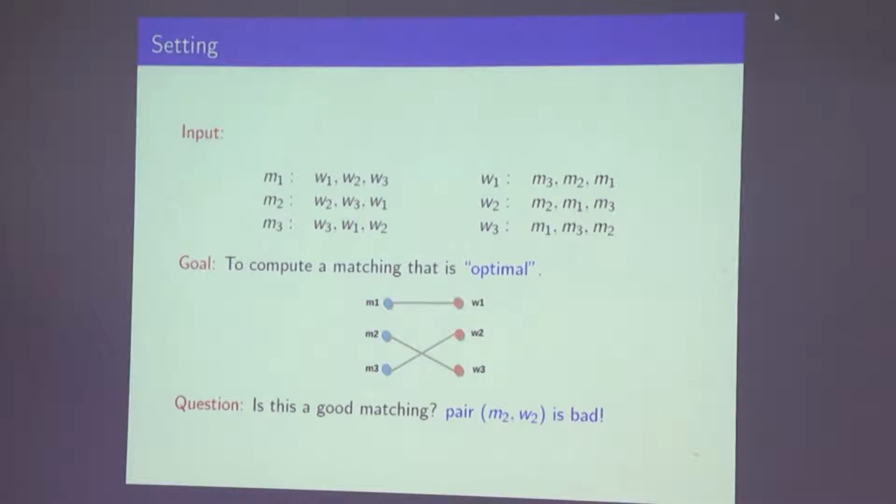You don't even have to look at the assigned pairs. Take a pair which is unassigned. All these pairs, M1W2, M1W3, M2W1, M2W2, are candidates for becoming an unstable pair. Take every such unassigned pair, which is order n squared minus n, because you have assigned n pairs. You are not going to look at the assigned people. Take every unassigned pair and ask, would you both want to switch with respect to this assignment? If the answer is yes, and if you find even one such pair, you can easily declare that this matching is unstable. So doing this just takes n squared time.